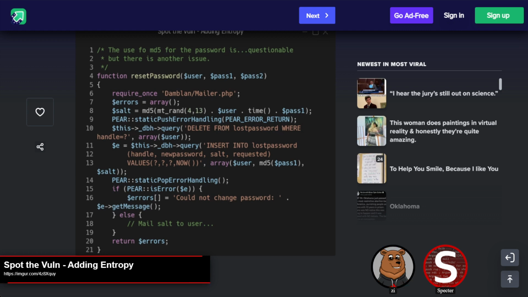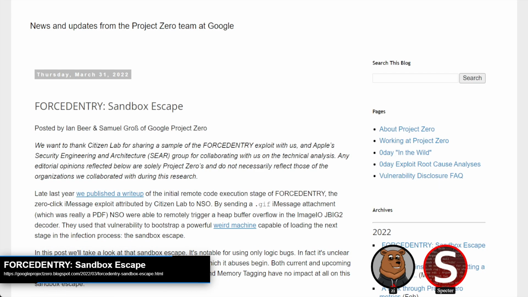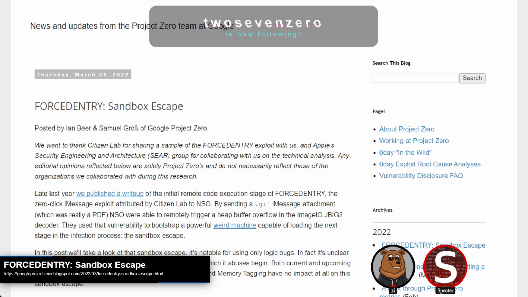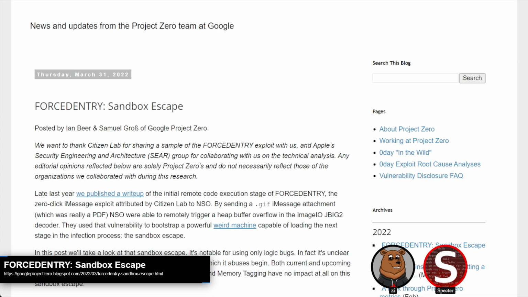All right, so we'll get into our first topic here, which is a post by Project Zero that's a follow-up to their post in December of 2021, covering the forced entry NSO Group zero-click exploit through iMessage. I don't believe we covered the first part of this blog post on the show because we went basically right when it dropped. We didn't cover the post because the exploit was covered by the